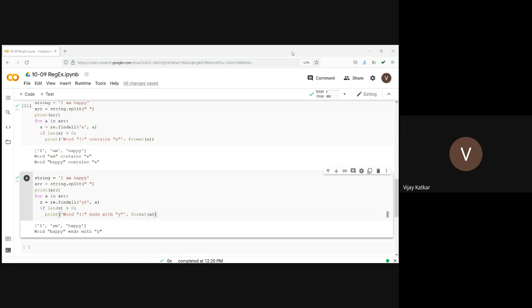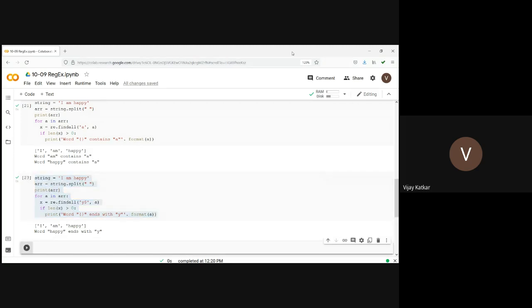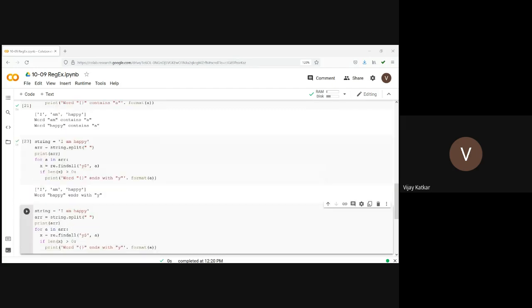Let's say I want to check whether a particular word contains 2 p's or not. So how can I check whether a particular word contains 2 p's? That is also one way of looking, that two consecutive p, it contains two occurrences of p or not.